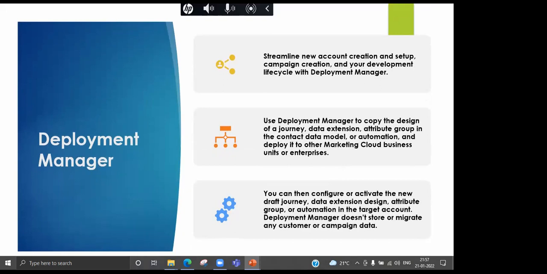If you have two accounts, one is test and one is production, how do you deploy things built in the test account into production with the help of deployment manager? I will be making you hands on with this deployment manager platform as well. Guys, these were only a brief about what we are going to cover, but it is a very vast concept, a very vast subject. So we will be seeing everything in detail when we cover it in our training.